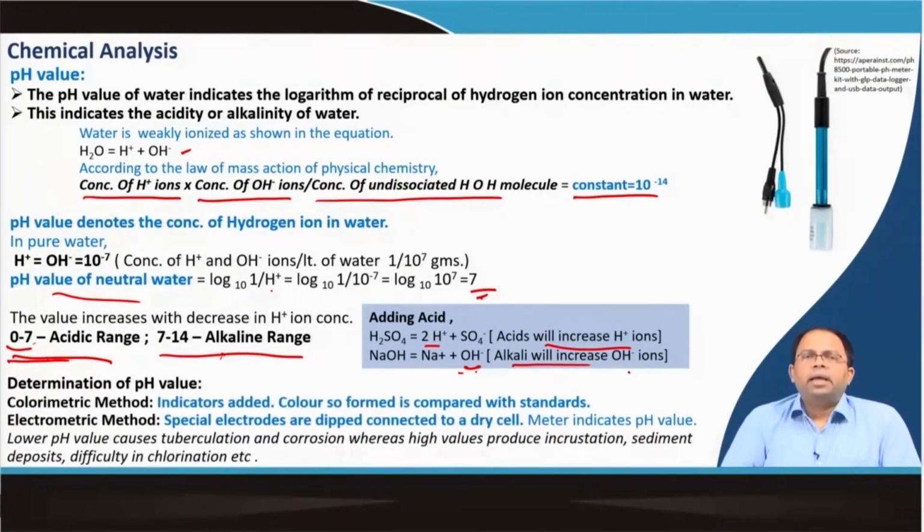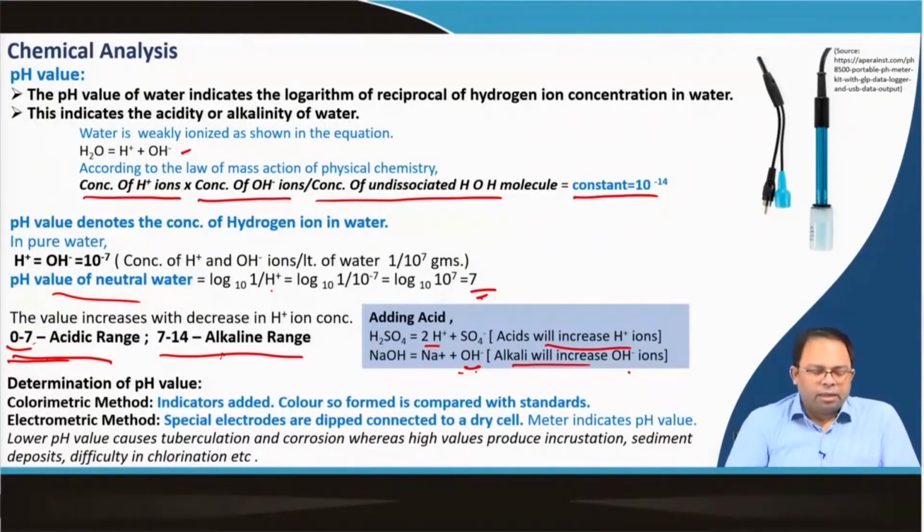So, how do we determine pH values? There are different methods. There is the colorimetric method where indicators are added. As we were discussing earlier, we can add some reagents to the water, and the color so formed is compared with standard colors, and we can determine the pH value of that water. In the electrometric method, special electrodes are dipped into the water, and the meter can determine the